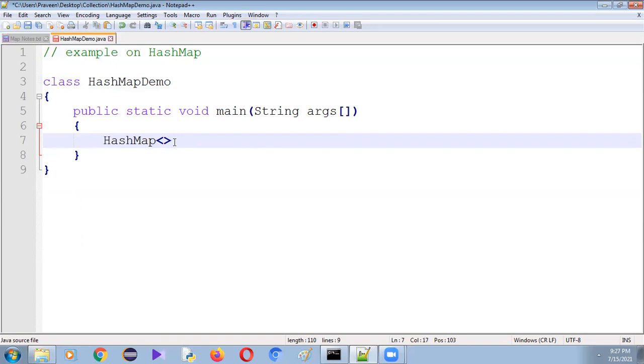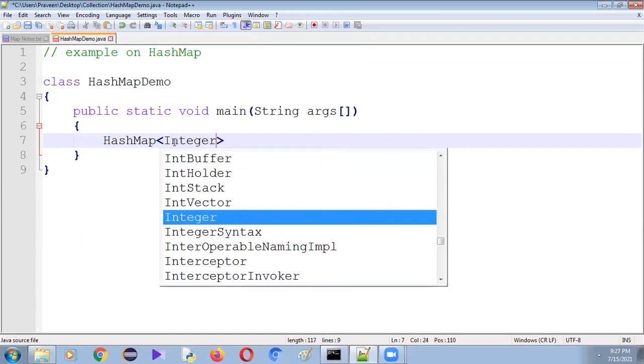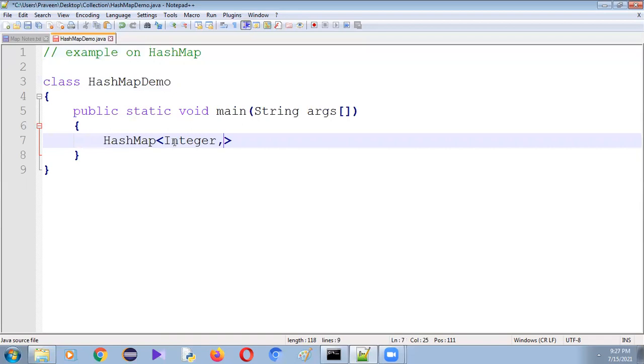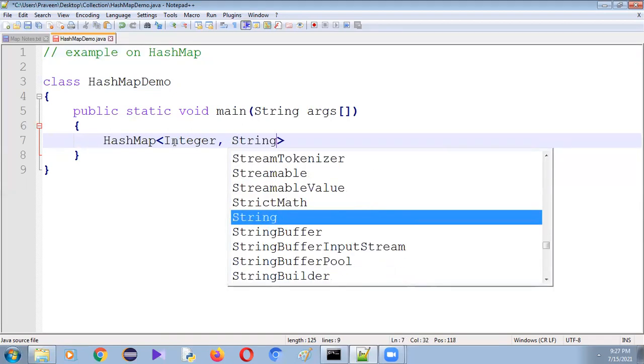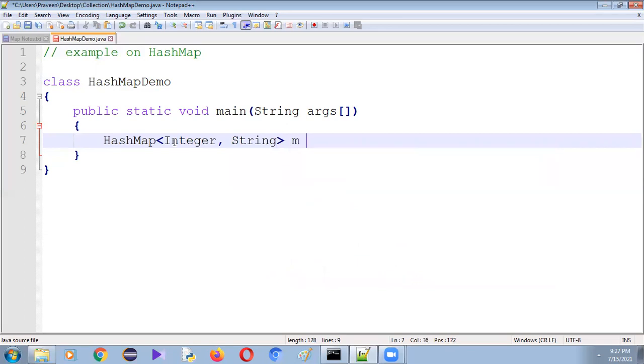So the key type should be Integer, and the value of type String: HashMap, Integer, comma, String, reference variable m equal to new HashMap. So here we created the object of the HashMap.